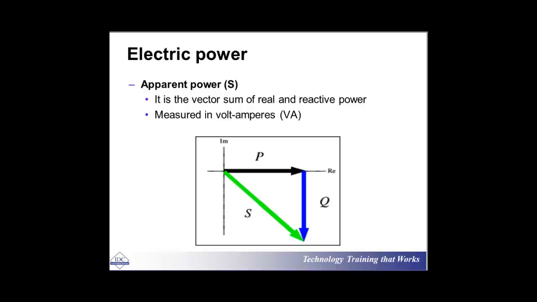It means that the utility is telling you, I gave you S, I gave you the whole thing. If your power factor is 100%, it means that you have converted all that S into P. So you have used the maximum power, and at the same time you paid me for that maximum power, because your bill is based on P. However, if your power factor is low, it means that your Q consumption is very high, while you are not paying to the power company